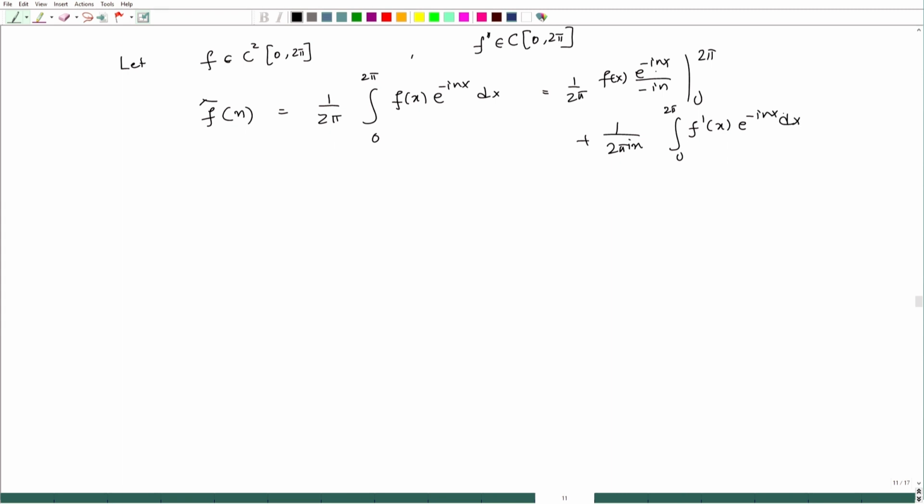Now, the first goes to 0 because this is a 2 pi periodic function, and we are left with this. Again we play the same game,